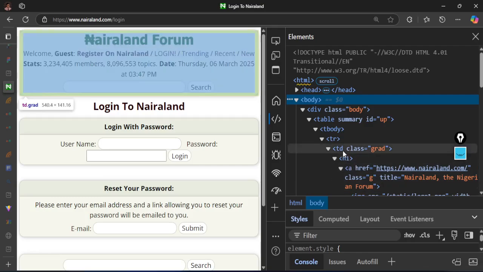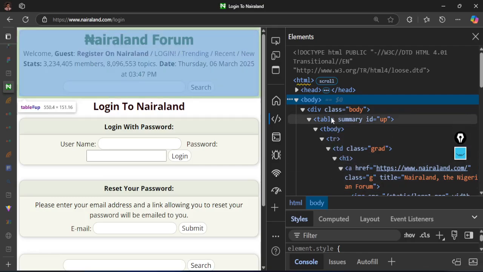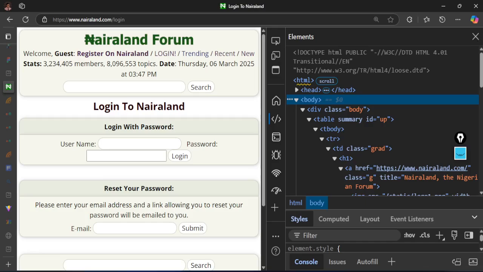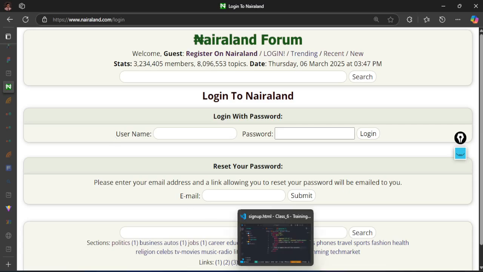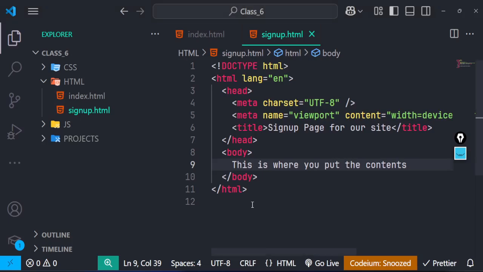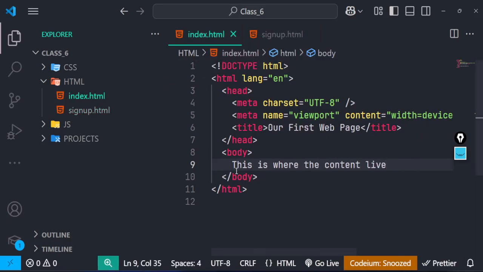But what is all this H1? What is all this TR? What is all this TB and whatever? That's what we want to talk about, because you need to know that anytime you need a particular content, this is the tag you need to use to generate it. But before we get to that, we need to see the result of what we just did on the page. In order for us to see the result on the page, we can use one extension in